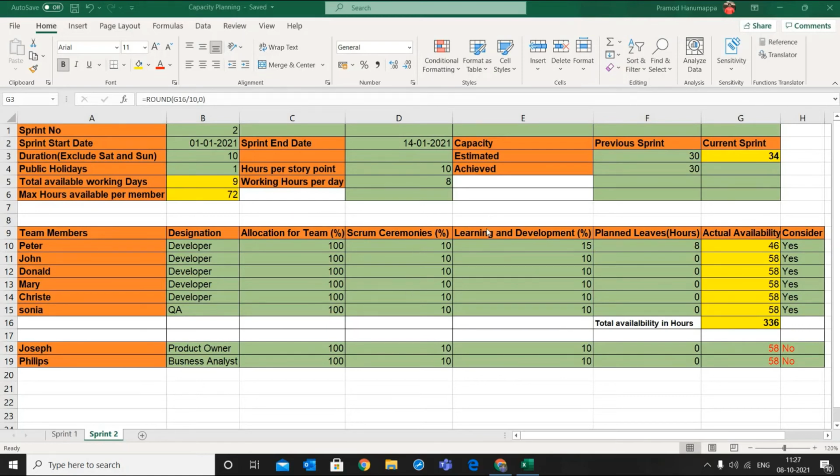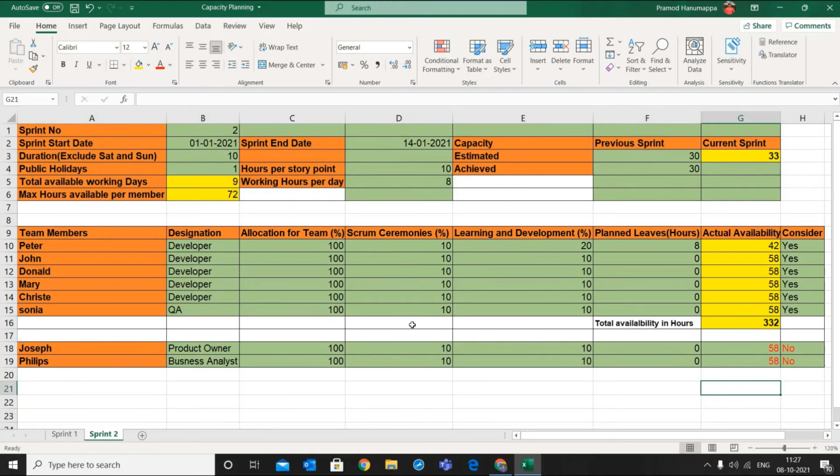So any changes I make in any of the factors for any of the members, the actual value of that member will be recalculated. Let's say I change Peter's learning and development to 20% from 15%. So the actual value will change from 46 to 42. In another example, as you can see, the actual hours for QA is 58.